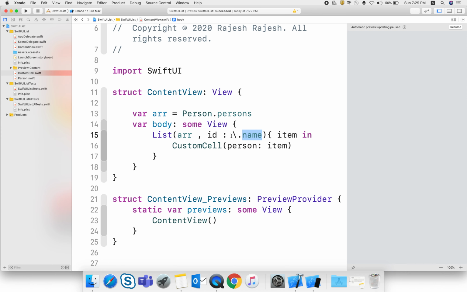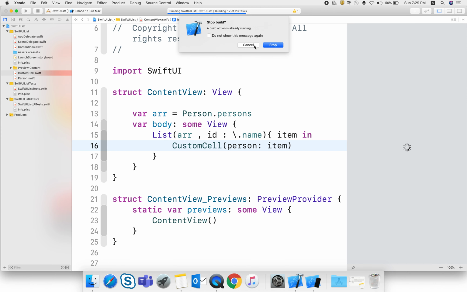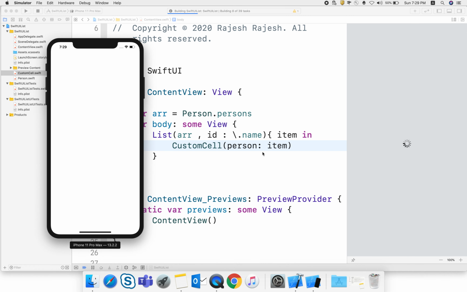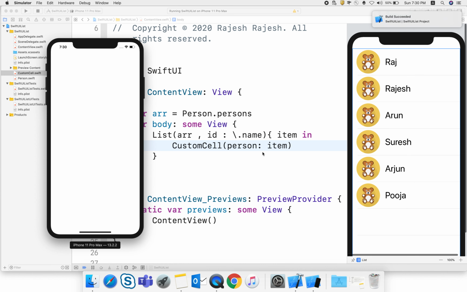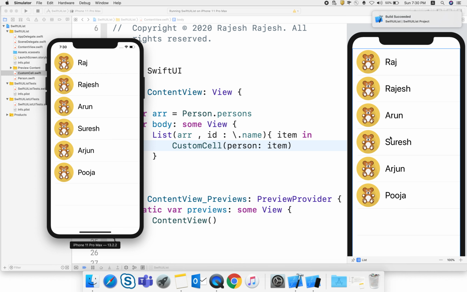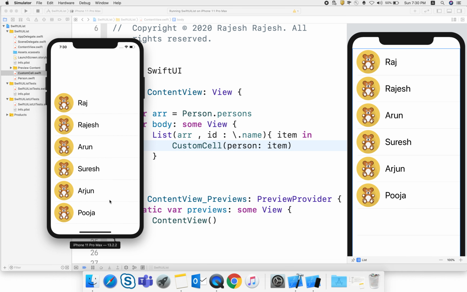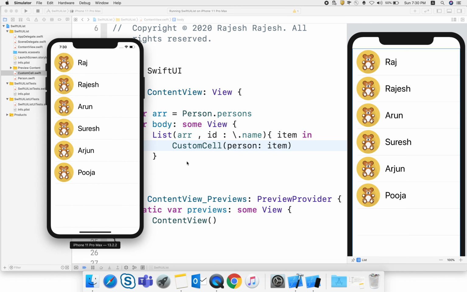When I run it, it takes time, but in the preview you can see the output, that our list is ready. But here is some problem.